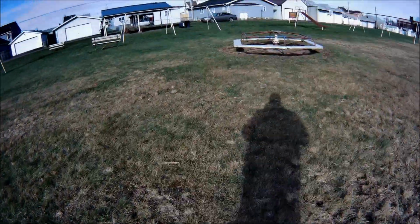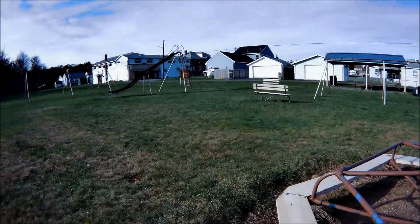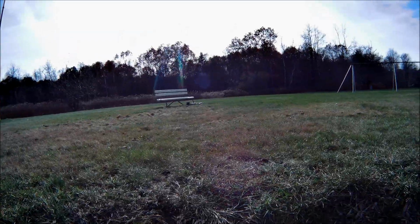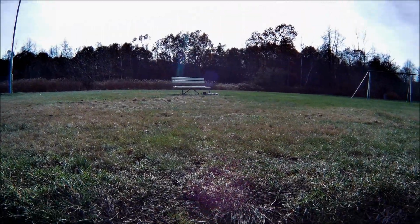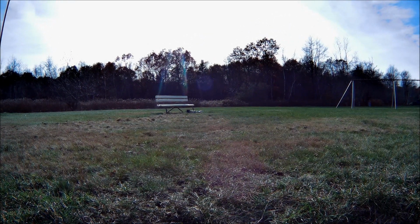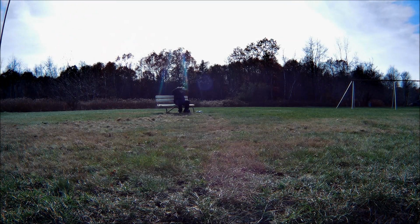But we're gonna set the hat cam over here. We're gonna put the hat cam over here. Hopefully nobody bothers it. There's really nobody out here. Maybe to actually catch myself doing this, because I'm just gonna be sitting on that bench over there. And let's see. Yeah, we got the bench in focus. Hopefully nobody comes here and spins this merry-go-round. And we're gonna stick our goggles on, and we're gonna...